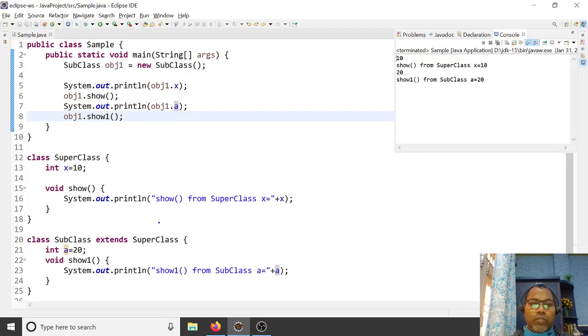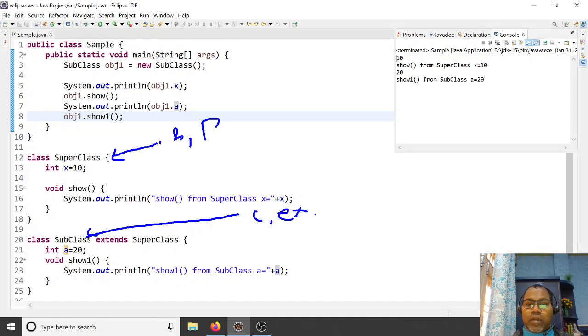Sometimes you say this is the superclass, or base class, or parent class, and this is your child class. Sometimes you say subclass, sometimes child class, sometimes extended class, sometimes derived class, because they derive the values. The naming is different, but the idea is that sometimes you want existing data members, so we can use another class. So inheritance in Java is achieved by the extends keyword.